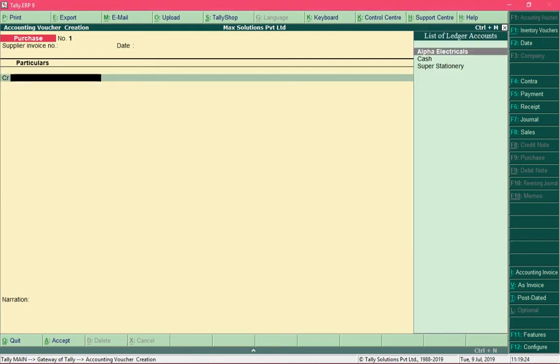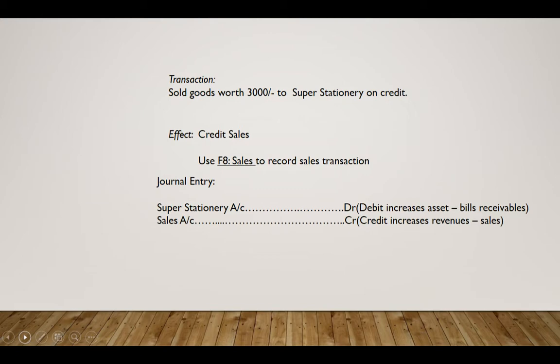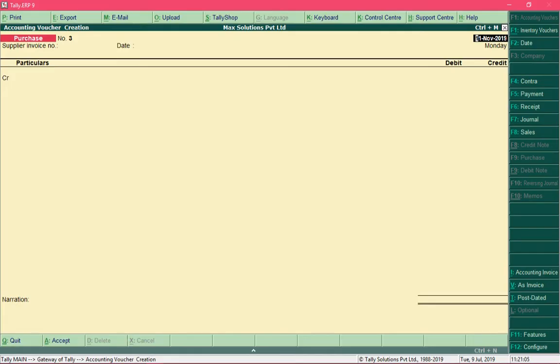Now let's record the next entry. It's a credit sales transaction. So let's see how we record this entry in Tally. Press the F8 key to open the sales voucher